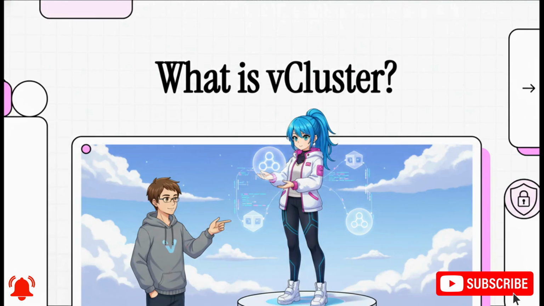Running a bunch of Kubernetes clusters gets expensive fast. It's a drain on your budget and your ops team. But on the other hand, sharing one big cluster safely, that's really hard. So in this explainer, we're going to break down exactly what vCluster is. You'll get why it's such a big deal and how it works as this awesome cheat code in real-world Kubernetes